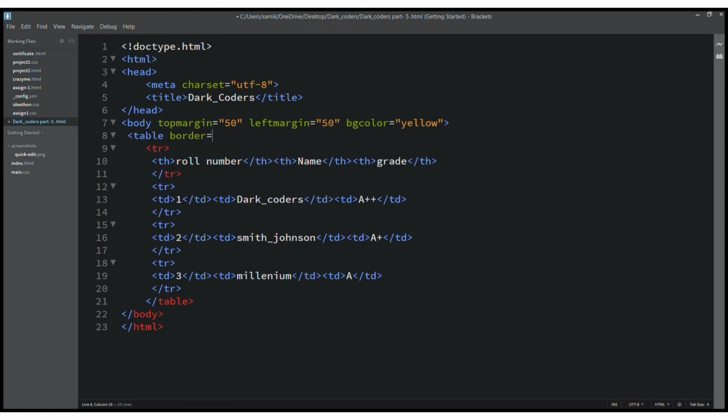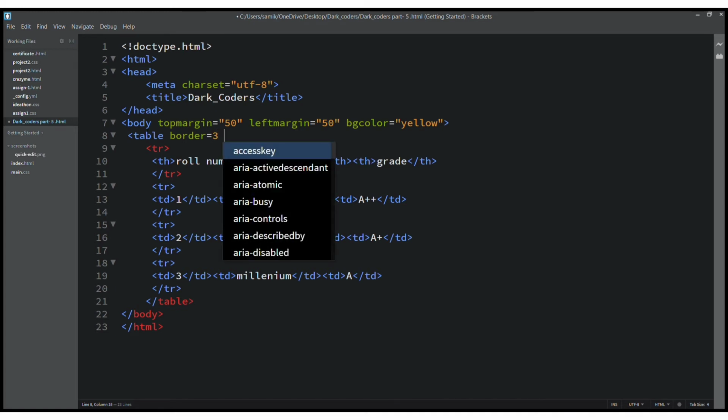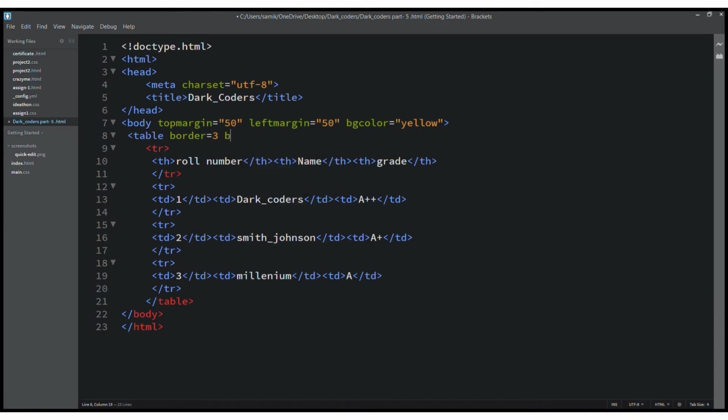Border is equal to 3, and after that the border color. I will give the border color as black. No, I will give the blue only.